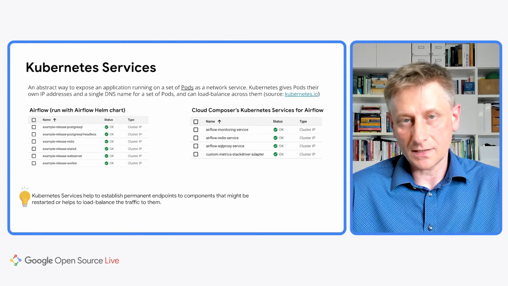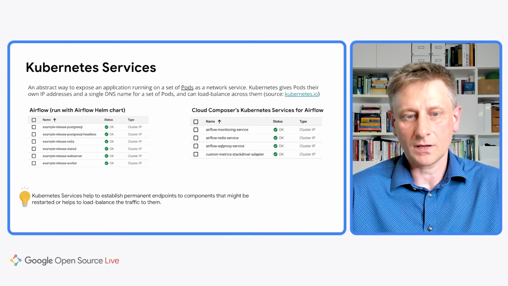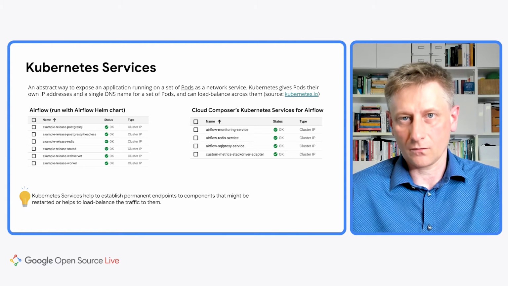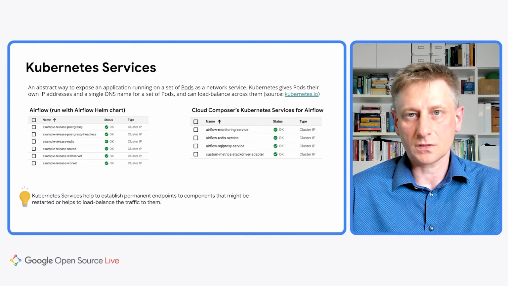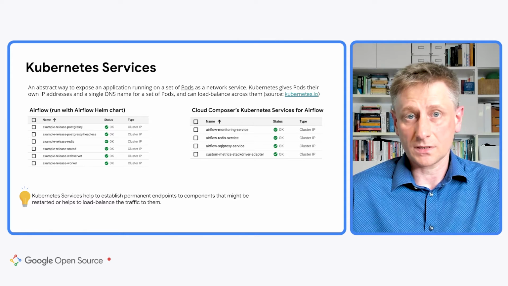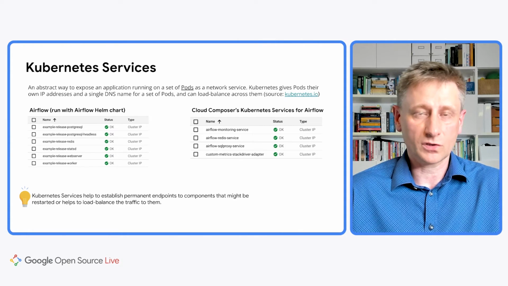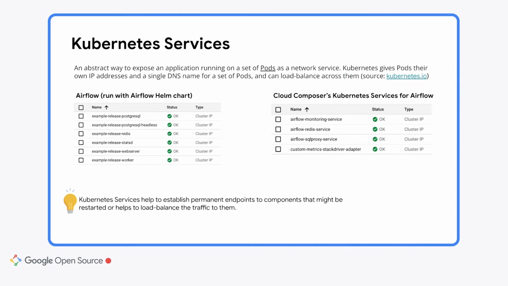Because this Redis pod can be restarted anytime and can get a different IP address every time, it wouldn't work for the Airflow worker. And here Kubernetes services come into play, because these are the entities that can be assigned IP addresses for good. Even if pods are restarted, you will still be able to talk to the Redis service, which is going to pass the traffic to the actual pod that fulfills a given function.